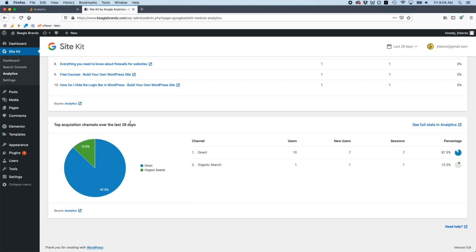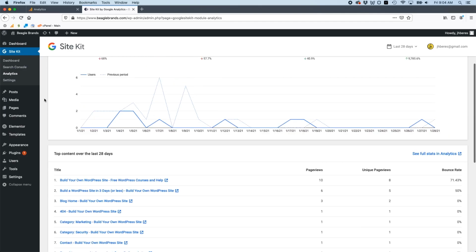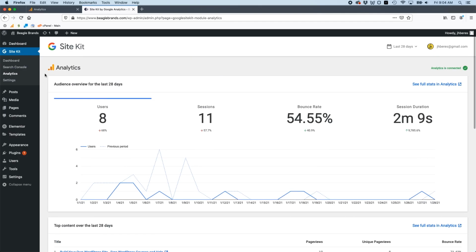Direct, those are people that are already aware of your website and returning users typically. So there's not too much you can do there other than engaging that existing audience. But organic, you want to grow that and really pay attention to that. So to give you a quick overview of some things you can do with SEO